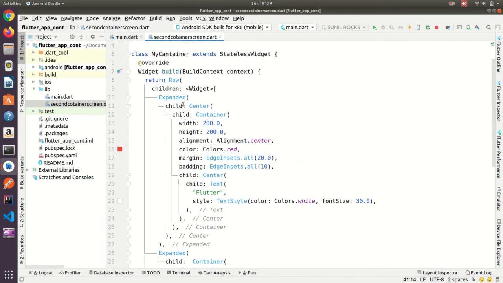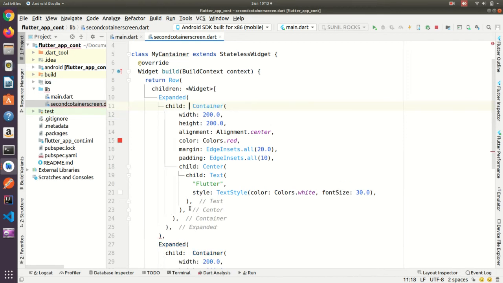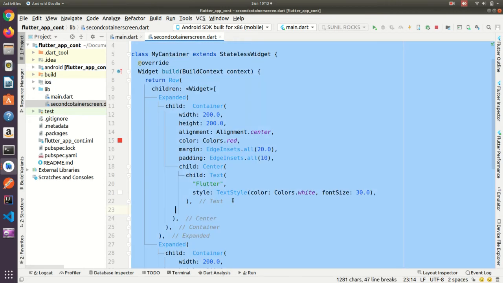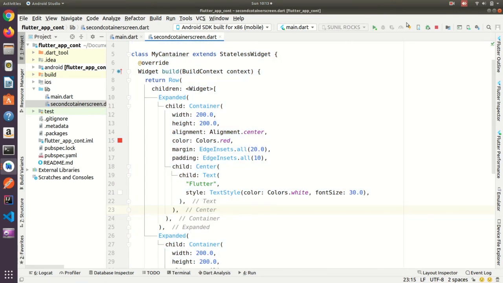Same thing you need to do for this one and center. Now let me run.